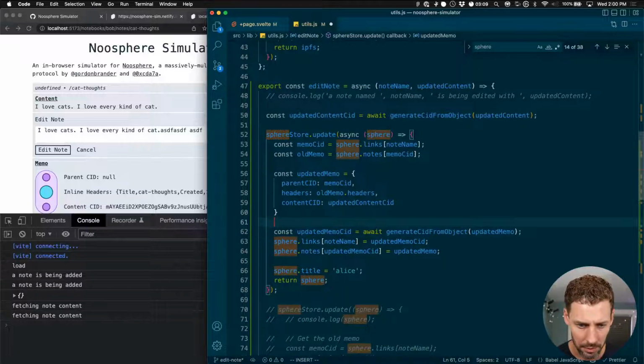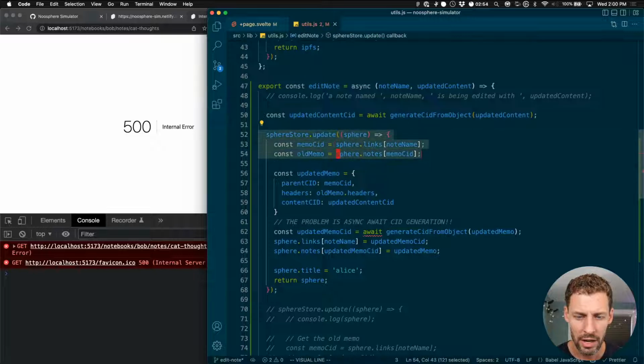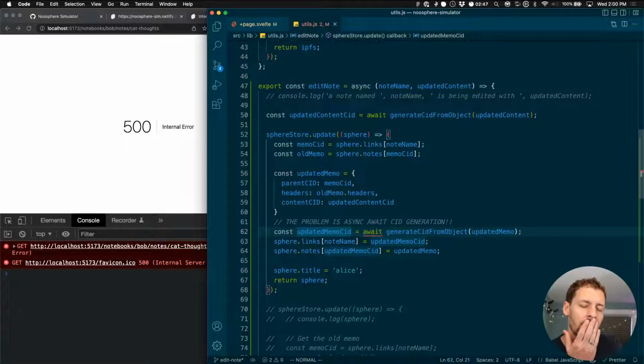Okay, so while we were doing all this, this is the problem. The problem is async await SID generation. Okay. I think I know what I want to do, which is I want to divide our update function into 2 different update functions. We'll do an update, come out of that, do our SID generation where we can await it, and then